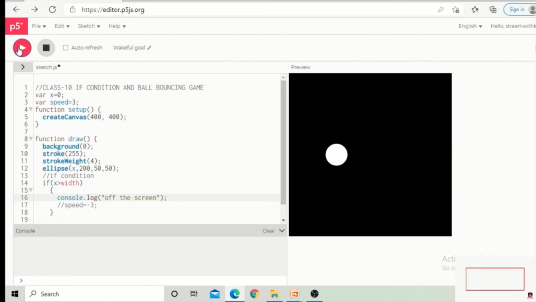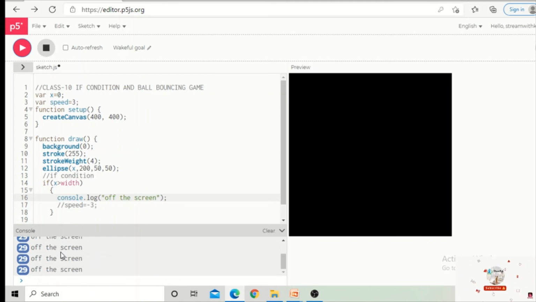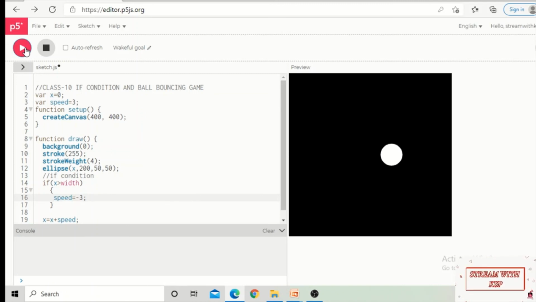Now you see, if I click on the play button and it goes out of the screen, you can observe in the console that the message "off the screen" is printed. So that's why we are using this specific condition to make the ball come back. The if x greater than width condition observes that the ball is going out of the screen, and by speed equal to minus 3, it is coming back. So it is bouncing back.